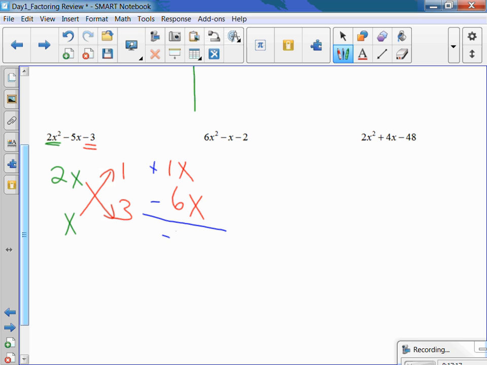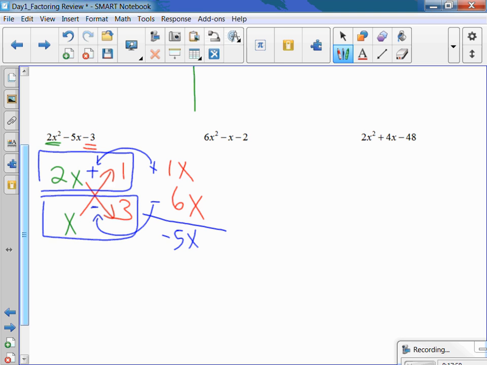So the crisscross method tells me I take this plus, put it here, take this minus, I put it here. What are my factors? How do I find the factors from this crisscross method? How do we read it? You read straight across, absolutely. Here's my one factor, and my other factor is